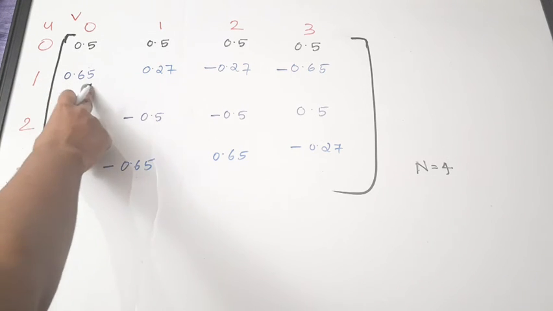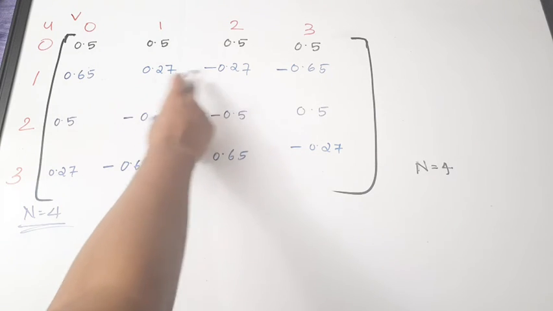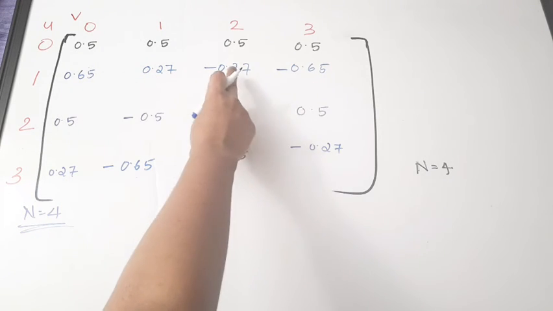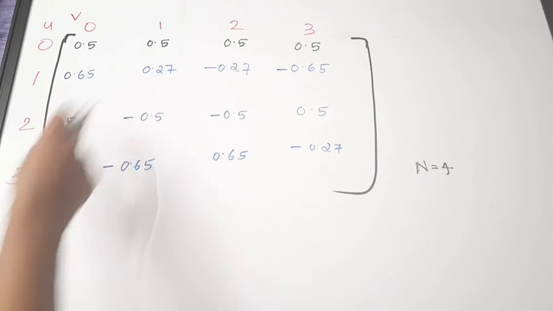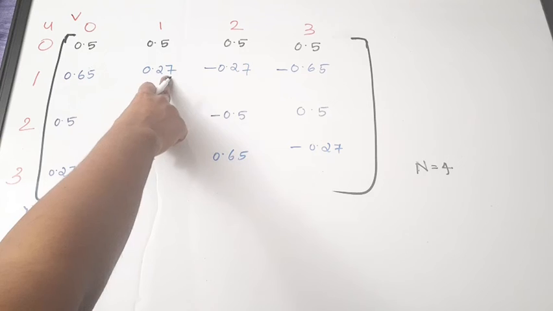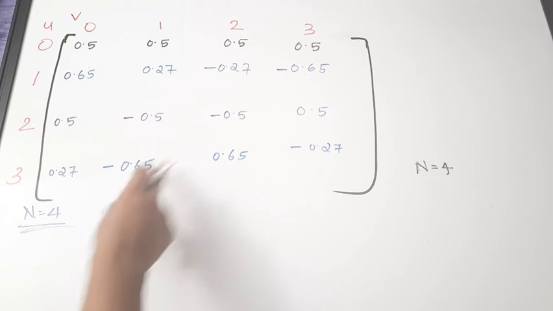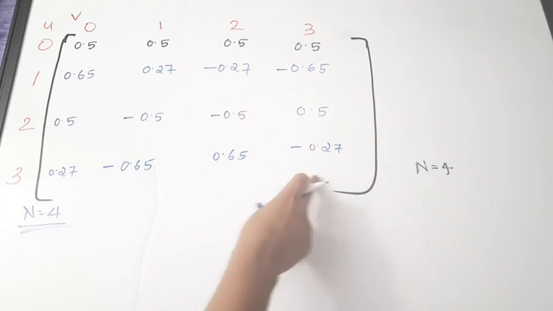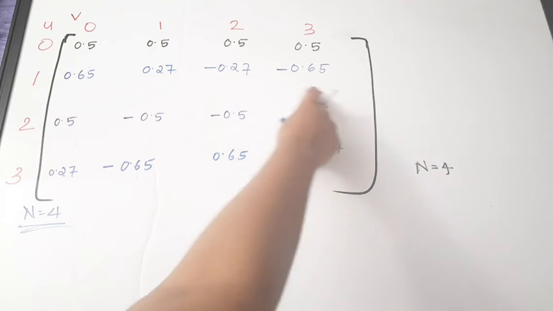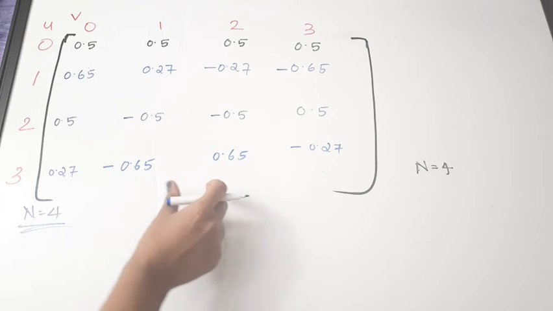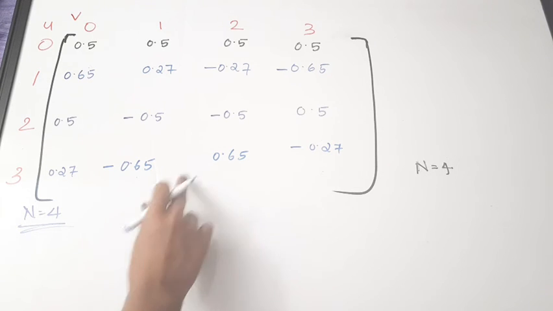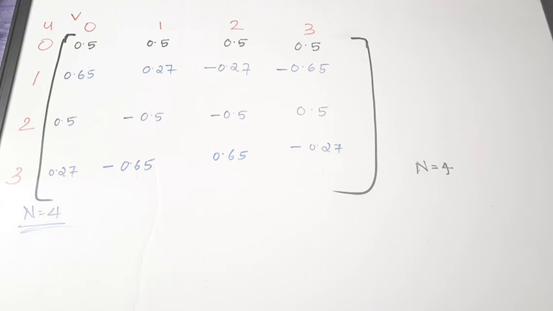So, this is 0.65 and 0.27. Then, reverse it and write it here: 0.27, 0.65, and also they are negative. Now, reverse these two elements here. There is 0.27 coming here, 0.65 comes here. Then, 0.65 here, 0.27 here. We have written all the elements just like this row, but in the reverse form, and there is a sign change for the middle two elements. So multiply and you will get the correct sign form. This is the DCT matrix for n equal to 4.